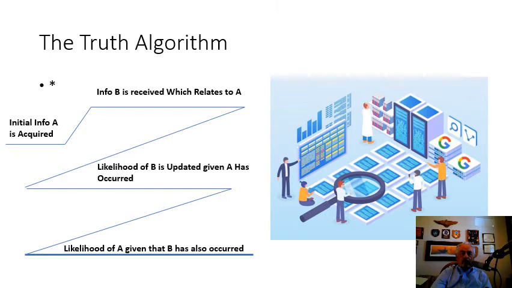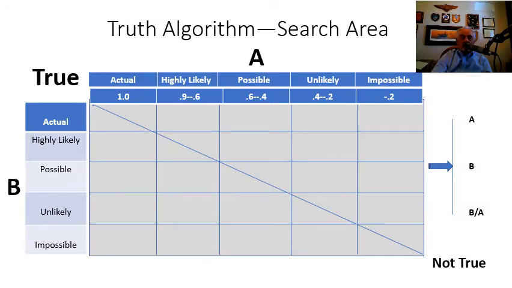Okay, one more run through with respect to the truth algorithm before we get into the engine of it, or the Bayes theorem. One more run through. Initial info is acquired, which we call info A. Information B is received, which relates to A. Then we look at the likelihood of B is updated given that A has also occurred. And finally, we're looking for the likelihood of A given that B has also occurred. Okay, the truth algorithm,